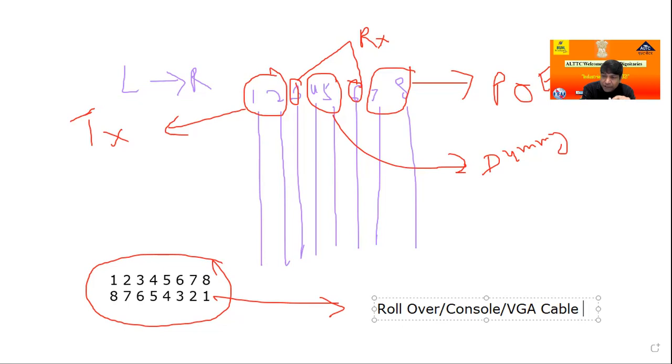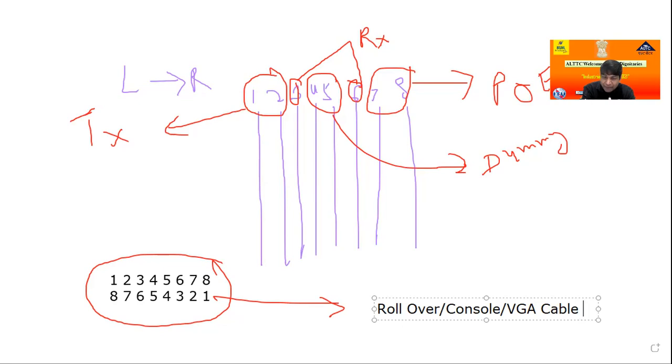This cable is not used for communication. This cable is used only for display purposes. If you connect a VGA cable from your CPU to the monitor, it only displays everything on your computer. So this cable is not used for communication; it is only for display purposes.